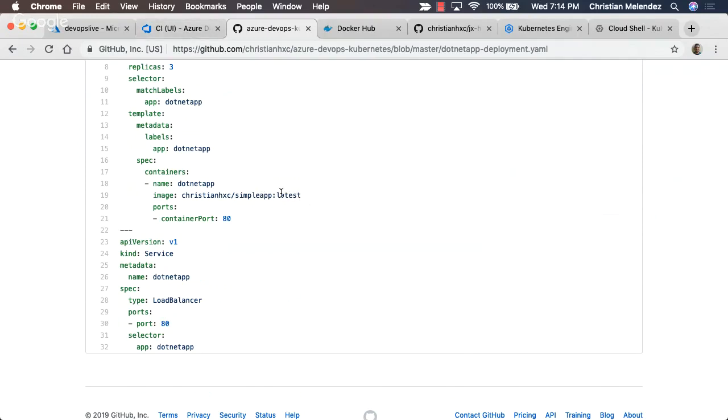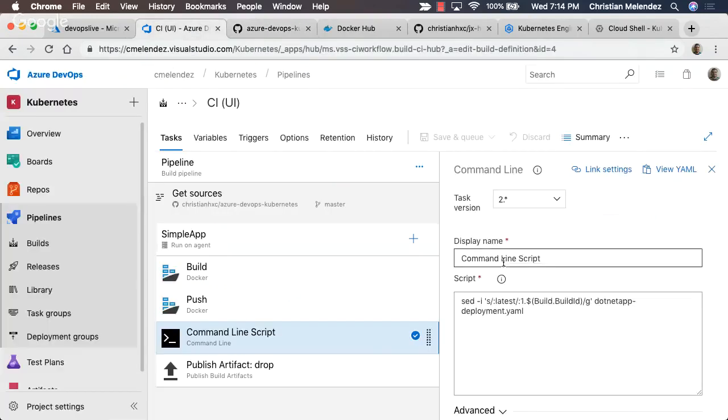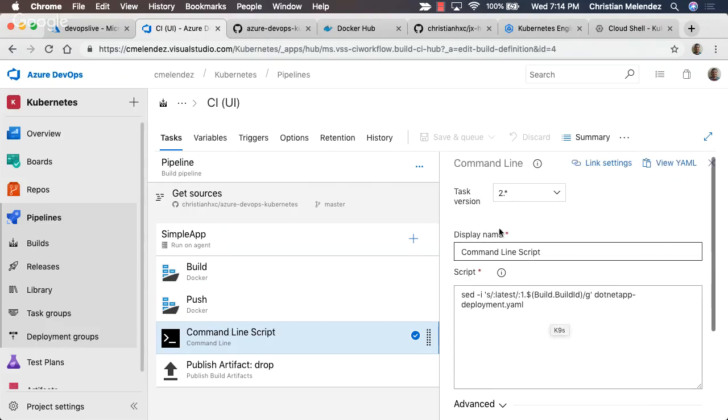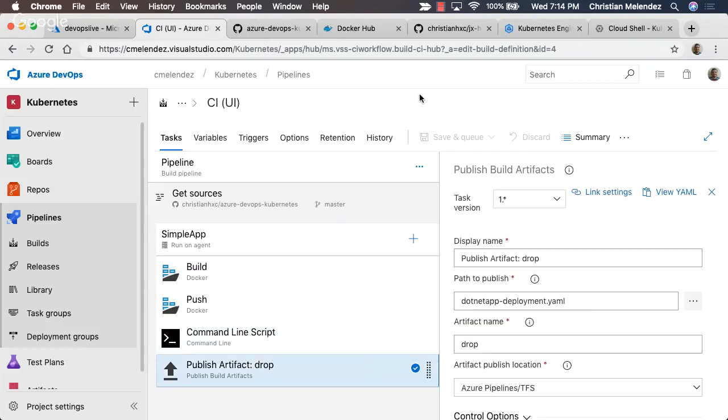The reason I leave this in place is because in development it is okay. In development, I will be building the Docker image with the latest stack. And for production or for any other environment, I will build that and replace it. So basically, you just run a set command here, and you will replace latest with the build that is being created here.